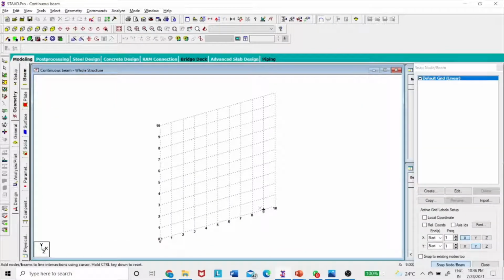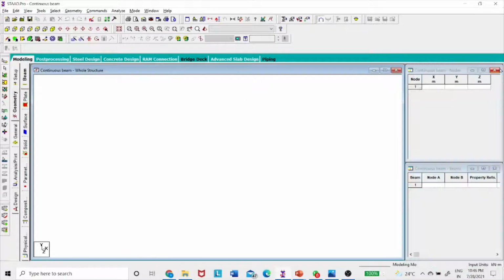As I have mentioned earlier, I will start with a single node, then I will develop the total model. In the snap node beam, sometimes when we have started, suddenly this may be closed. Okay, so we will get a blank one, and we should not panic; we have to get back to the previous menu.